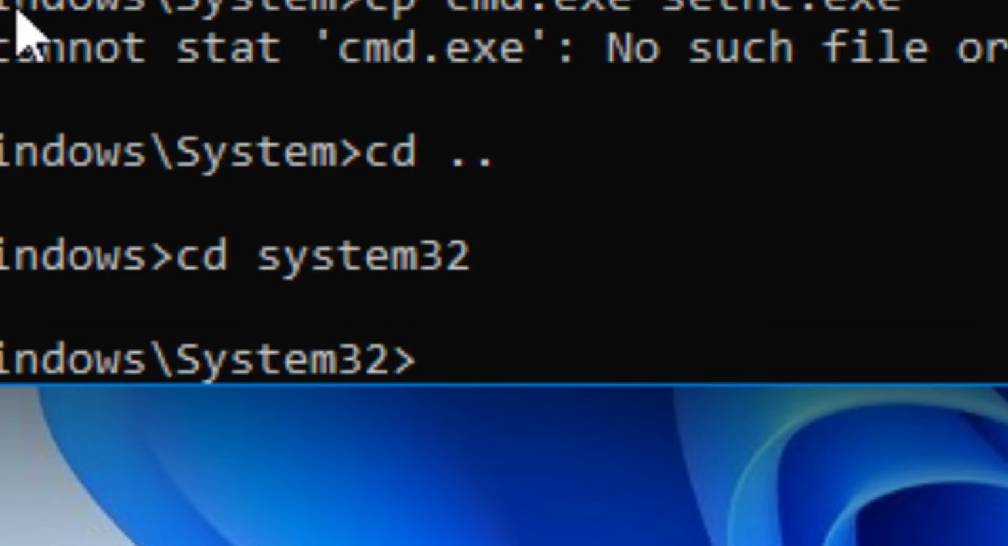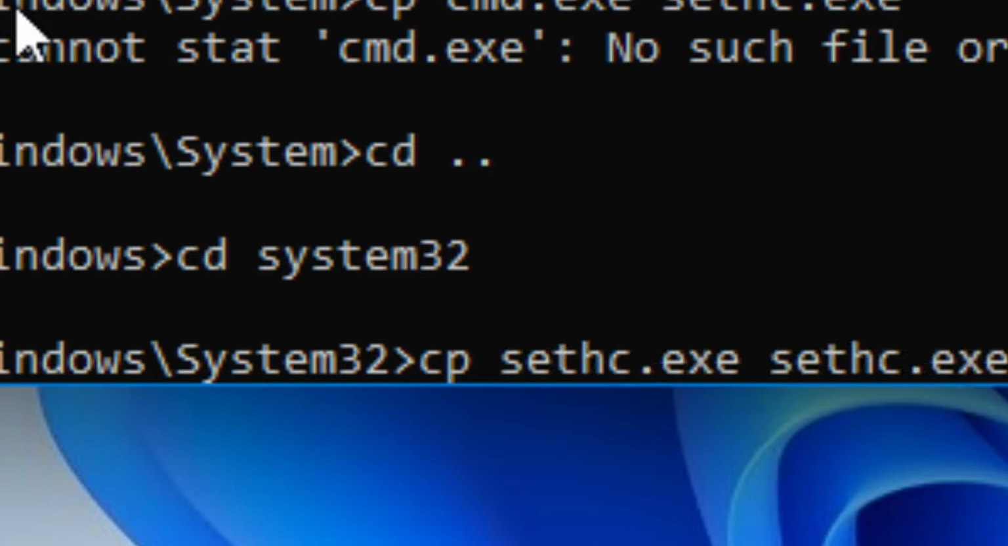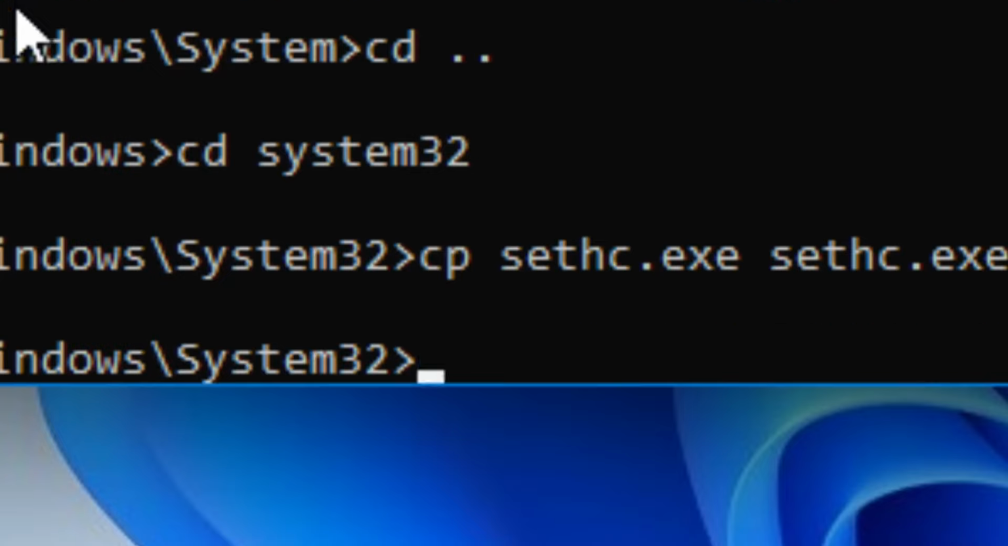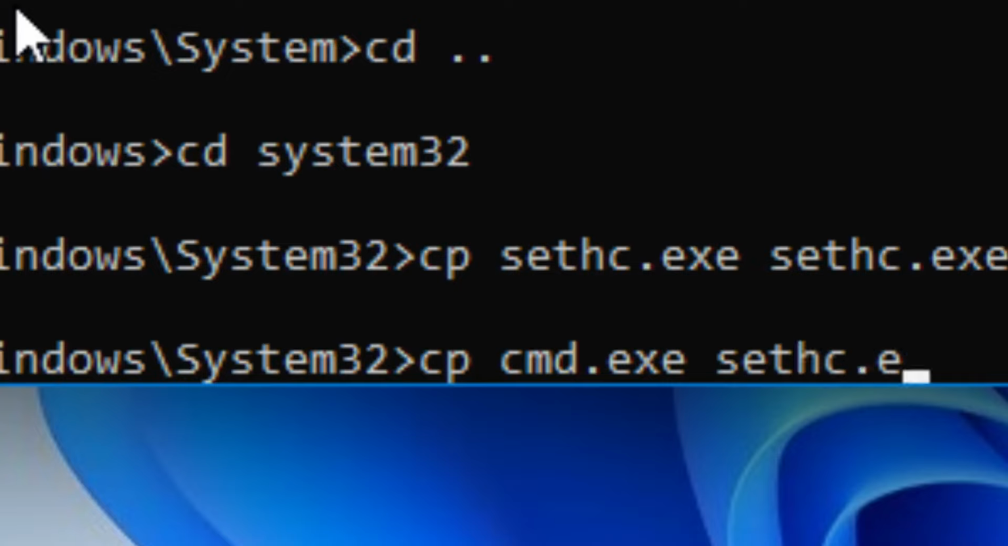I am blind. Anyway, cp, so copy sethc.exe, sethc.exe.old, and this will only work because I have git installed. Because cp is a Linux command, not a Windows command, but on Windows it would be copy. Alright, so you make a backup of that, and then you copy cmd.exe over sethc.exe,